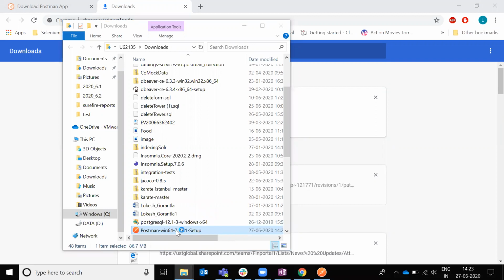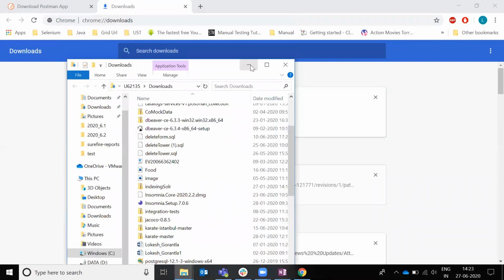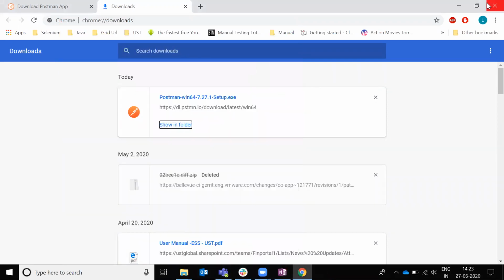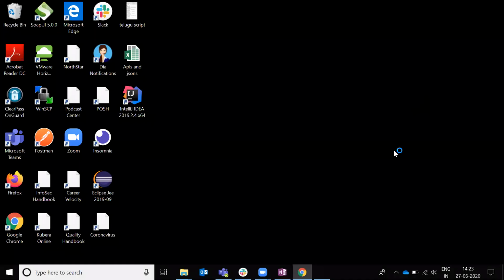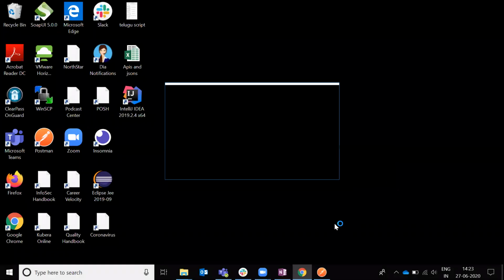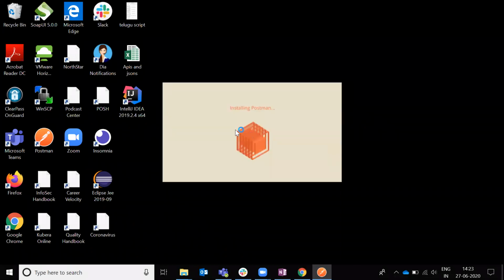If you double click here, one window will open. There is a Postman installation window. It will start initiating.